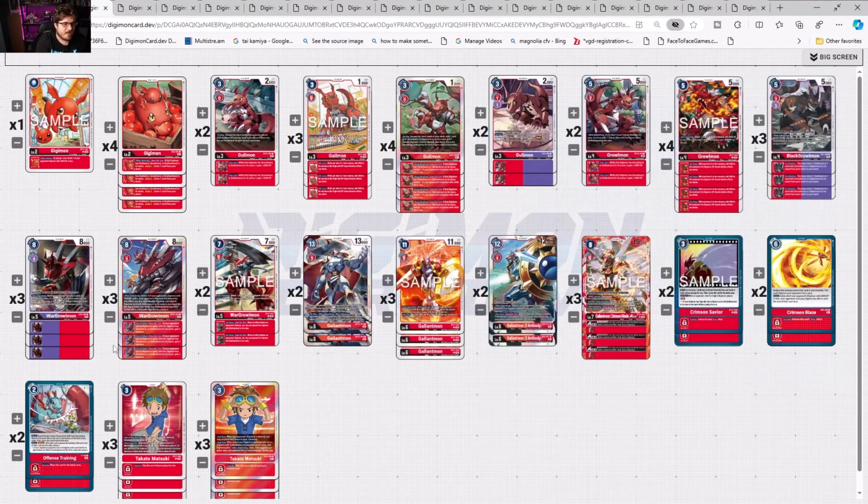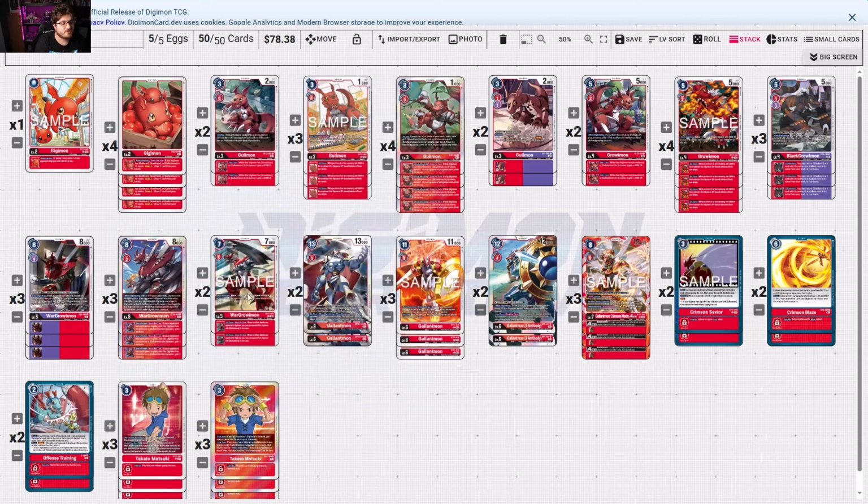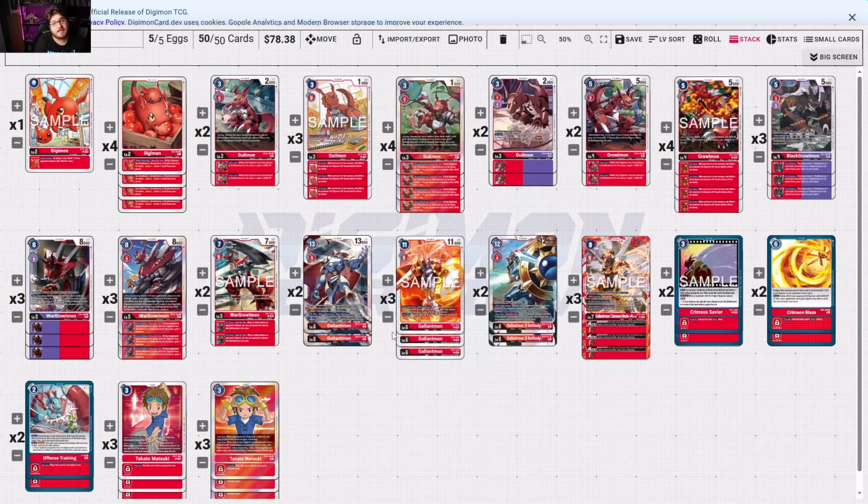So keeping that in mind, how we're going about it, the new support is really nice, especially War Growlmon. When an effect deletes an opponent's Digimon, you may unsuspend this Digimon with Galamon in its name. So this allows multi-attacking with your stack. The new Galamon is nothing to scoff at either, because if it didn't delete, it gets plus 3000 DP and gains blocker until the end of their turn. So Galamon has some decent defense value here. And then on your turn, while you have 0 or less memory, this isn't affected by your opponent's effects. This gives a small protection, which Galamon definitely needed, especially getting those first couple swings in just to tear through